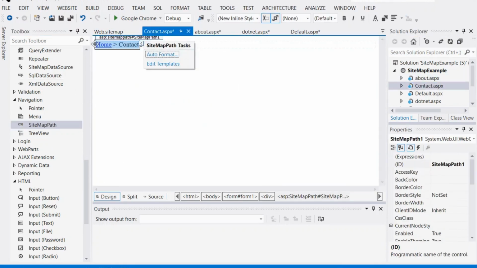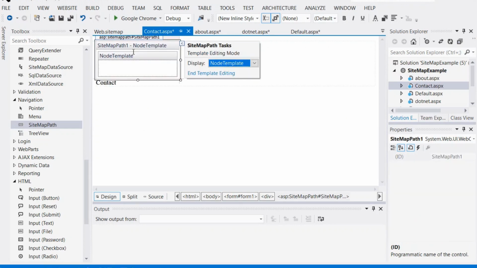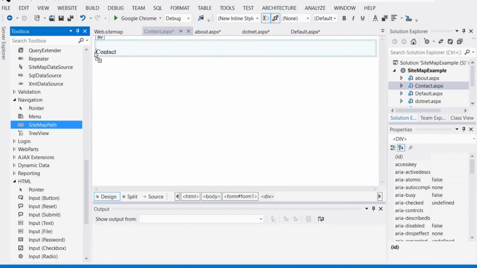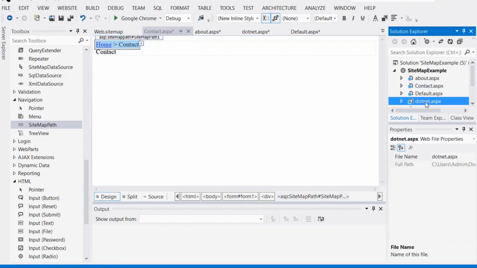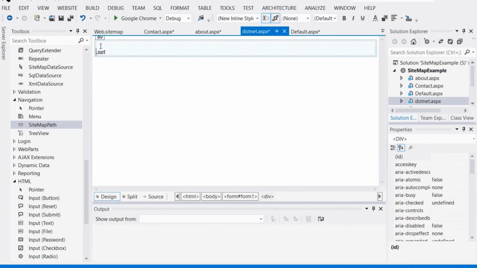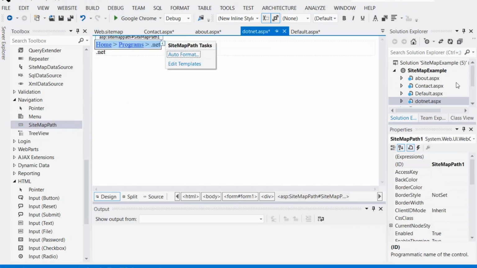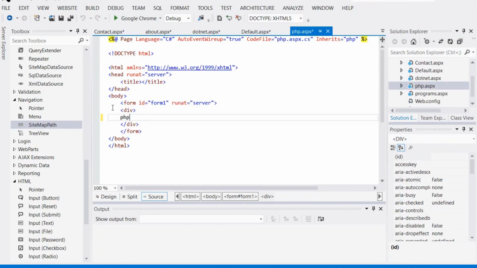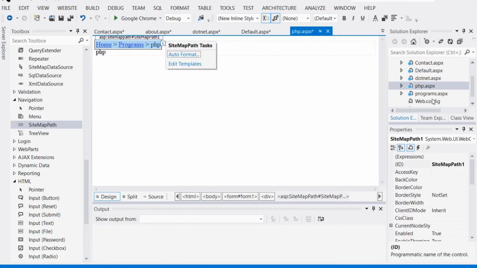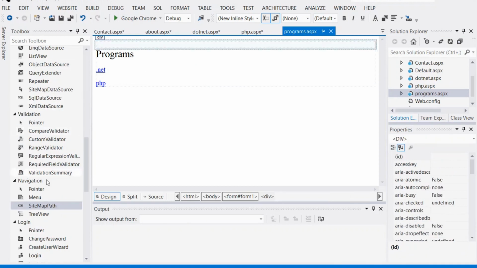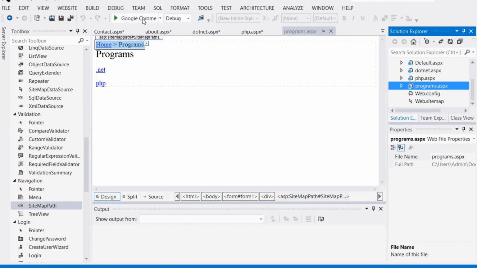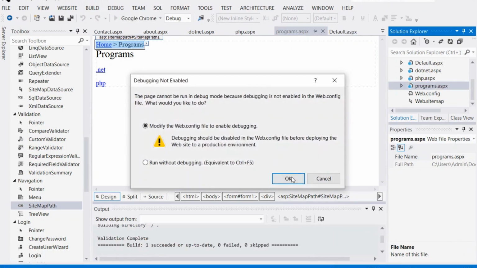So it will help us to map the path from. So now we have added sitemap path control to all the pages.